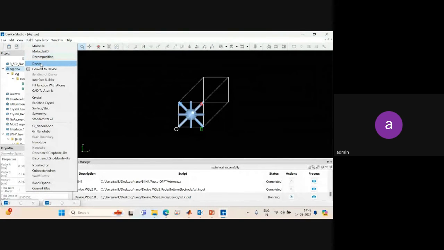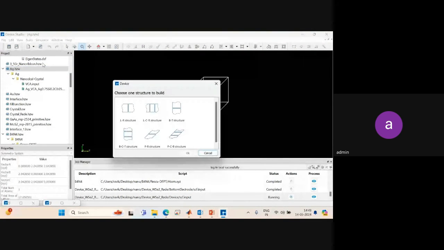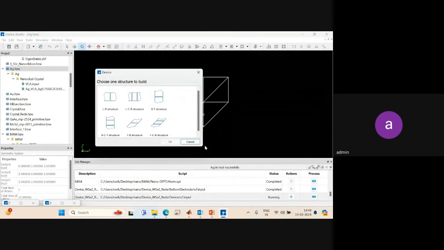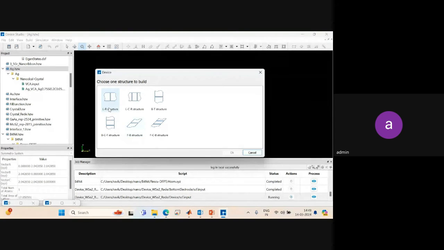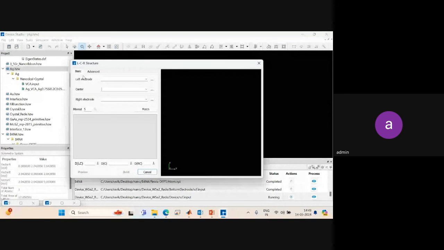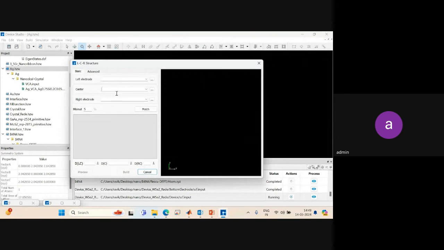If you want to make the device, there is an option called device. Here, if you want to add the electrode, you can see this is a window where, left and right, there are two material interfaces. Left electrode, right electrode. Left electrode, center electrode, and right electrode. Bottom and top, bottom, center, top, front, back, front, center, back. So let's suppose you want to make LCR, left, center, right. Choose it. You can select the left electrode, central material, and right electrode,